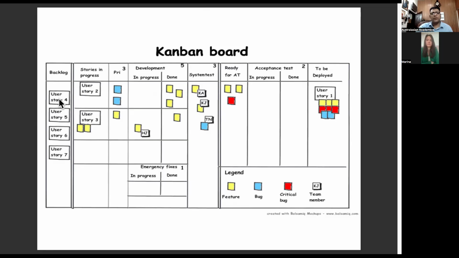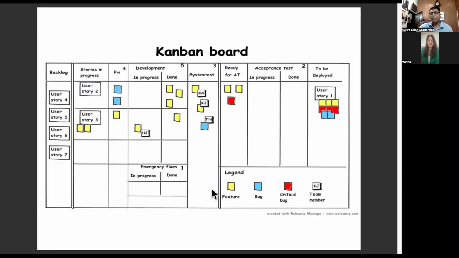So you've got different user stories, the user stories in progress, already 2 and 3, and then you've got a backlog. After 2 and 3, you need to do 4, 5, 6, and 7. You get the development part, and then who needs to do what, and it's a very simple reflection of the tasks and sprints and activities, for example. Very simple reflection.